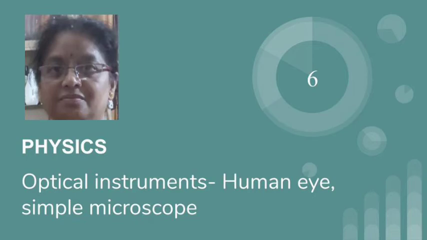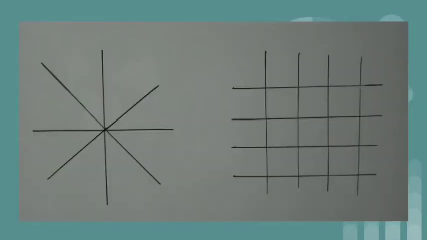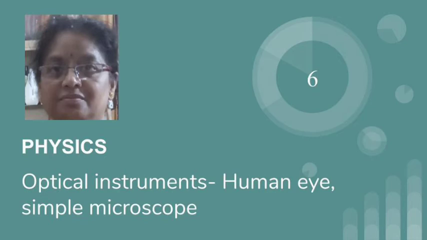The fourth type of defect is astigmatism. Astigmatism is the defect of the eye in which the eye finds variations in the intensity of different portions of the image of an object. Like shown in the diagram, to a person having astigmatism, the intensity of different lines appears different. This defect is due to the cornea having different curvature in different directions. For correction of such a defect, cylindrical lenses are used, the axis of which is horizontal.